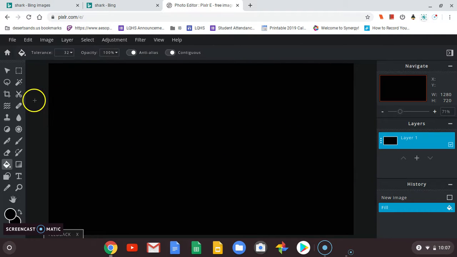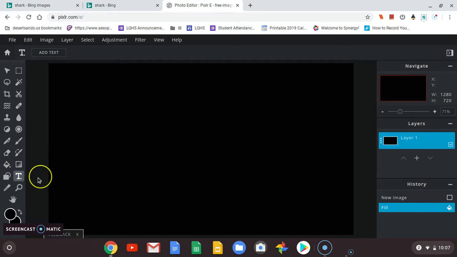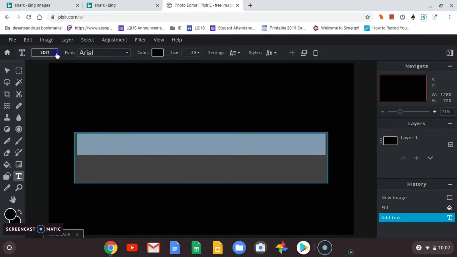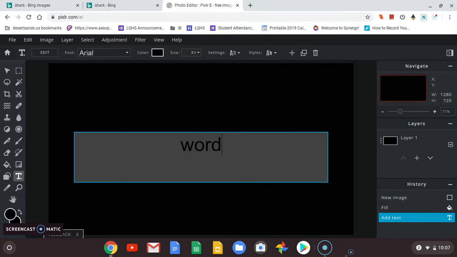The next thing I'm going to do is add in my text. To do that, I'm going to go over to this tool right here. It says text and has a T on it. I'm going to click on that, and then click on add text. This window is going to pop up, and you could type in your word right here. Since I'm doing the word shark and I want to make it capitalized,